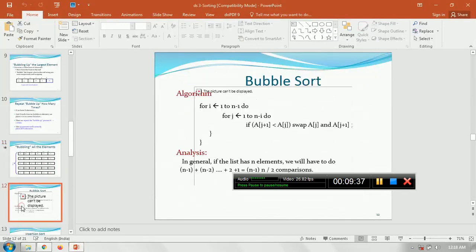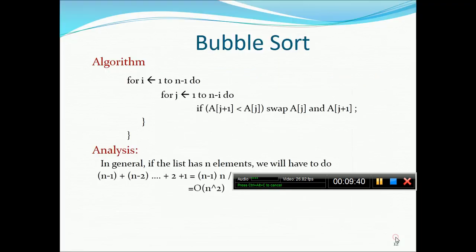Now come to the algorithm. Algorithm is simple here, it will not take much time. So the idea is for i from 1 to n minus 1, for every iteration of i, we have to run the entire j loop, j from 1 to n minus i. See why n minus i: those numbers that are already fixed, the maximums already fixed at the last, are not required to iterate further. Okay, so this is the loop. So eventually it will run n minus 1 times.